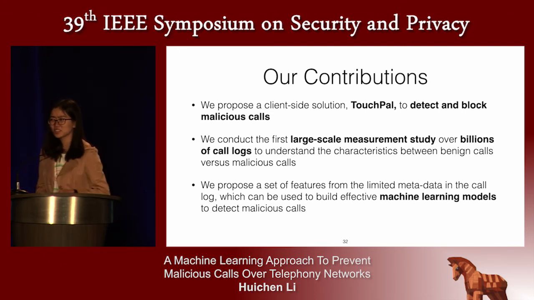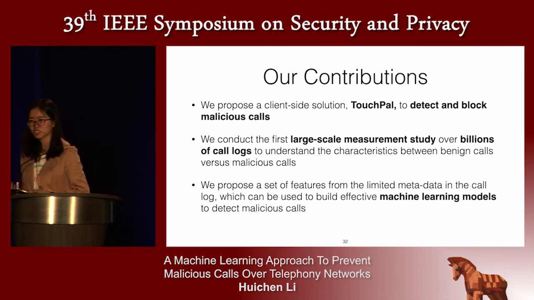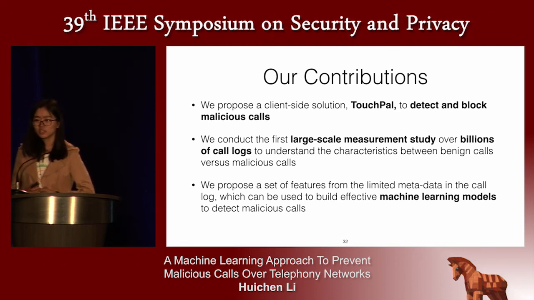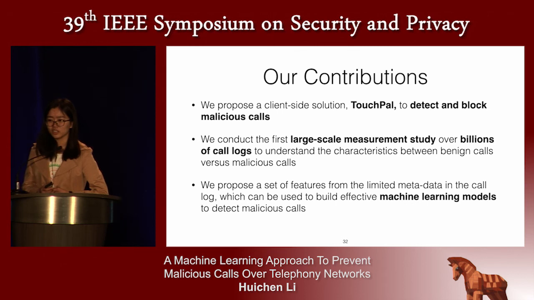So your question is, why do we use machine learning? I mean, for example, you had a couple of features, for example, the duration of the call, as well as the time of the call, and so forth. So the time of the call will help us if we have a phone number, for example, that is malicious in the morning but not malicious at night. So do we have such cases? In what cases do you think that a specific feature, for example, the time of the call, will help us to detect the maliciousness of a call?